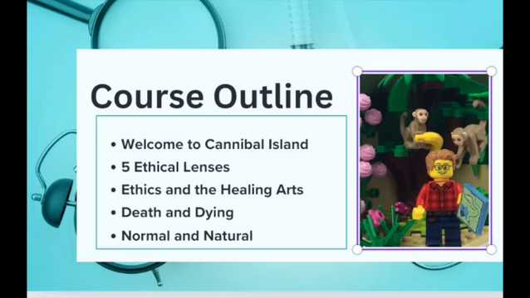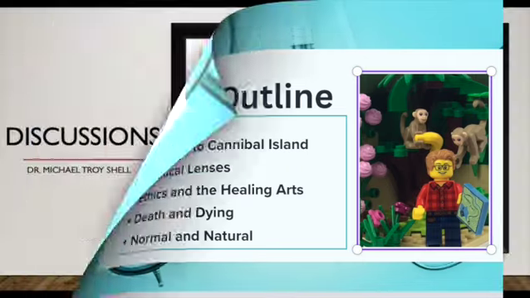And then lastly, we're going to wind up with the one that I call normal and natural. We're going to explore those categories of what is actually normal and how that interacts with the new world of AI and being able to enhance people's bodies and capacities. And is that normal? There are things we shouldn't be doing. We're going to be looking at advances in medicine and asking, is the science going faster than the ethics? Maybe we are doing things that we haven't even thought about. Maybe we shouldn't even be doing it. So that's the big picture of what we're going to be doing in this course.